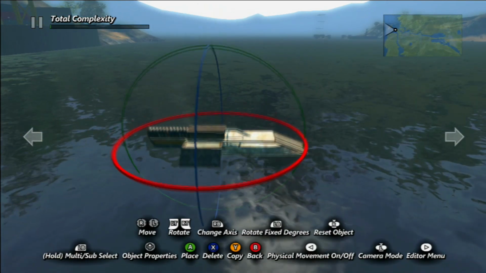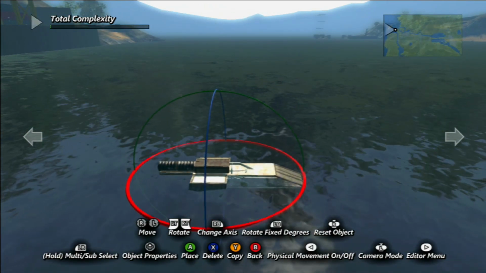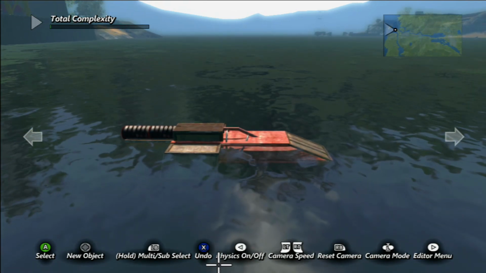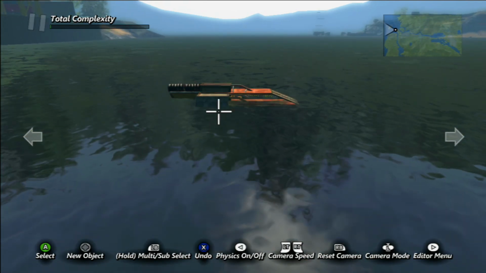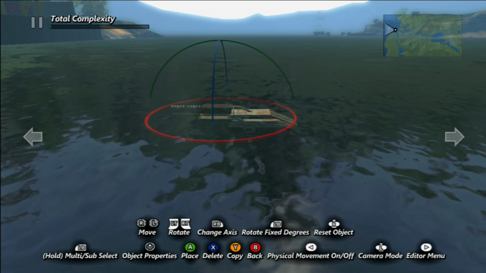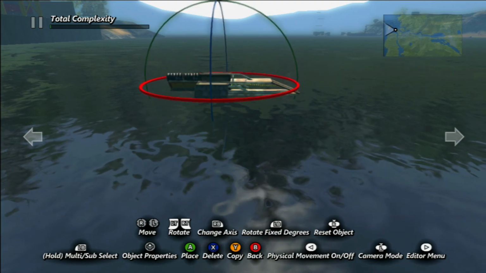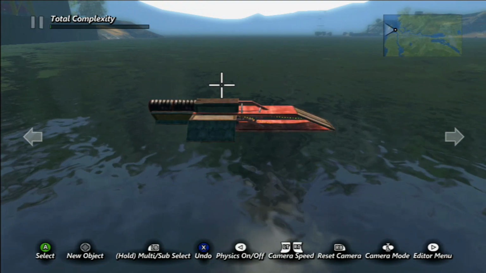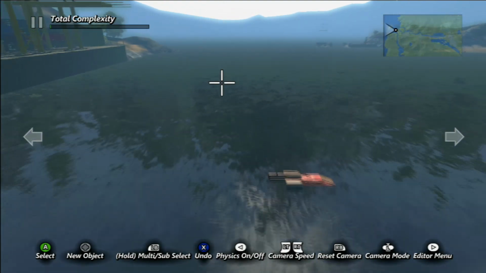Now we test the physics here. Make sure it floats. If it's a little bit below the water when it's floating, don't worry, we can fix that. But this right here floats pretty well. So once you have your boat made,